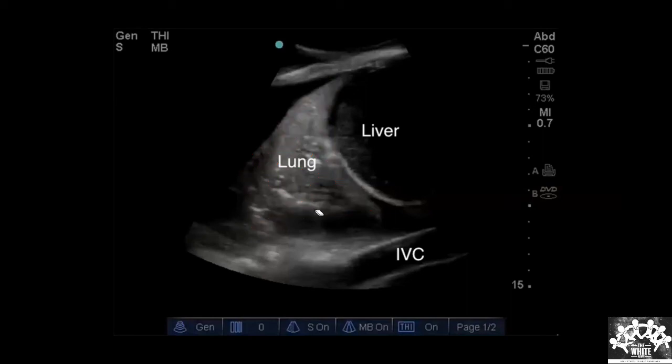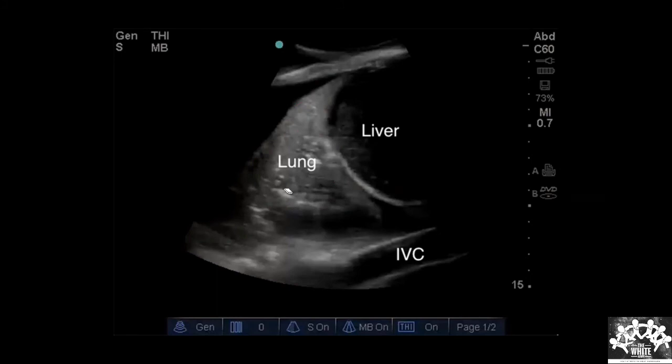It's above the diaphragm. Now, can you see that inside the lung there are very bright areas? Don't hurry, I'll tell you how to approach. So there is a lung, and inside that there are very bright structures. Is this lung looking like a normal lung, or more like a solid organ, not exactly like liver but like a solid organ? It's looking more like a solid organ.